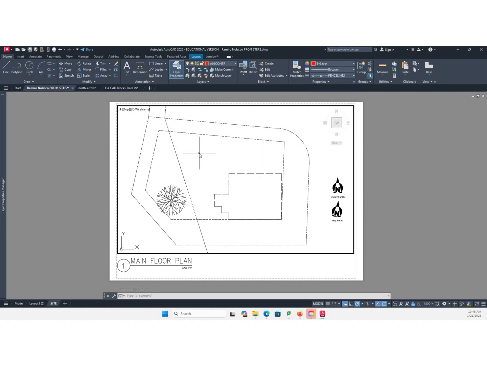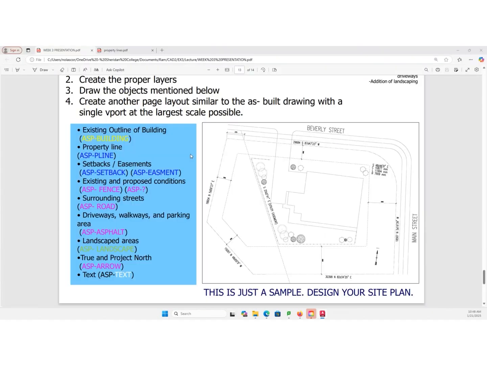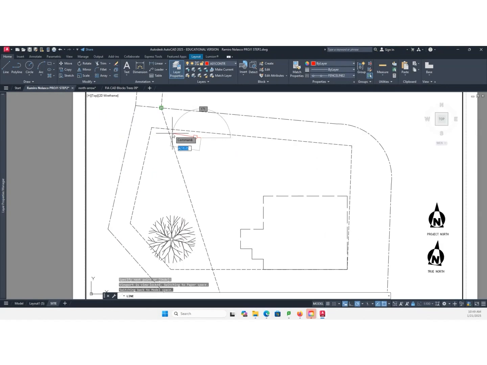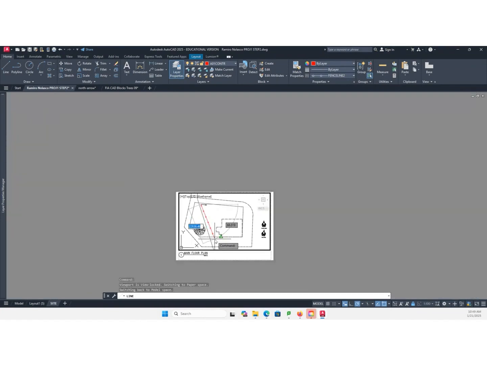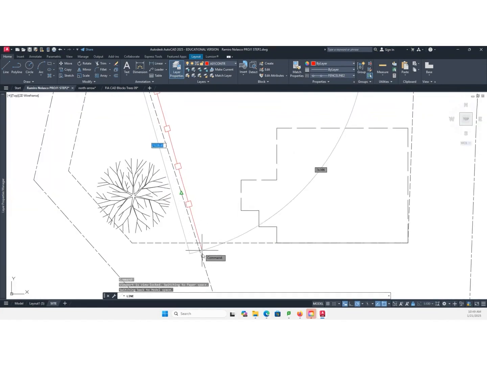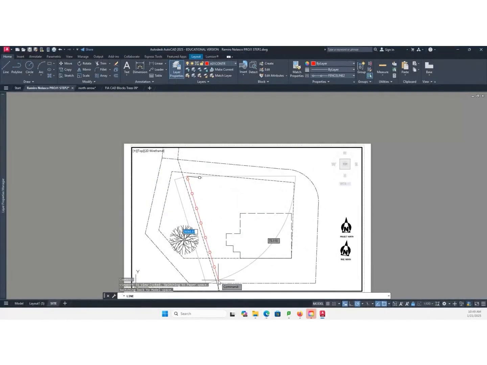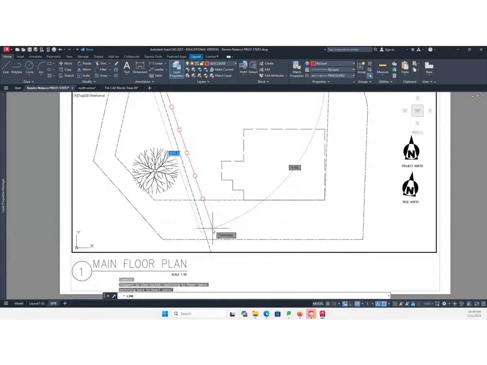So use that, and then create a line here. And I think it goes to the property line, but for you, I'm just going to go over. Somewhere here. And there. Okay.